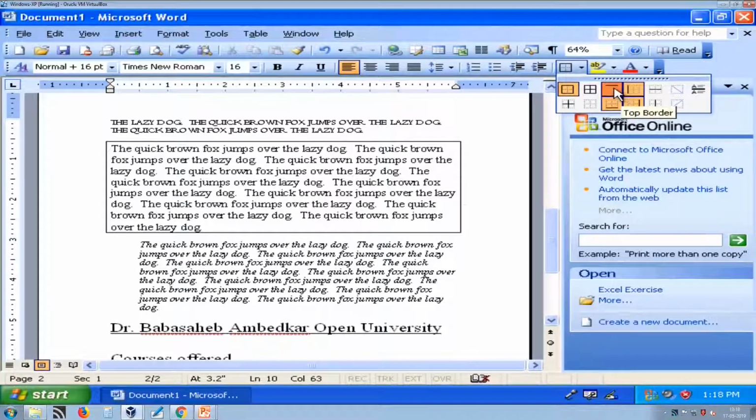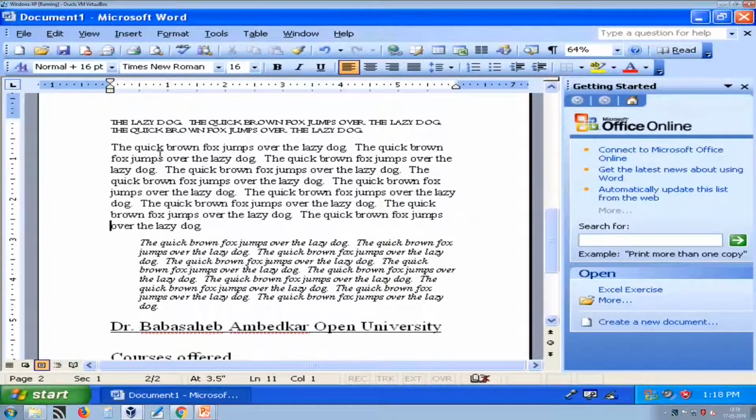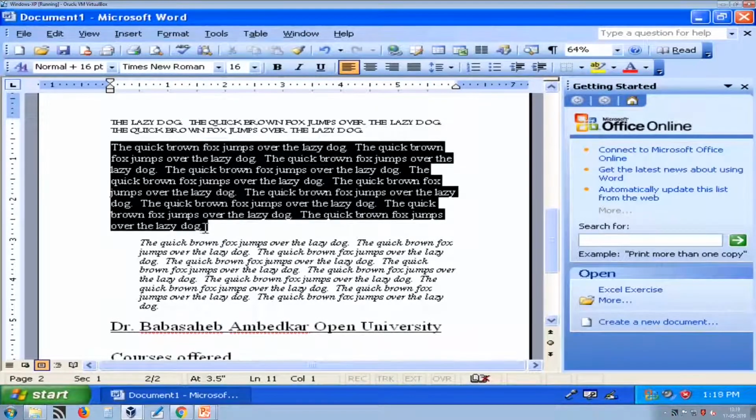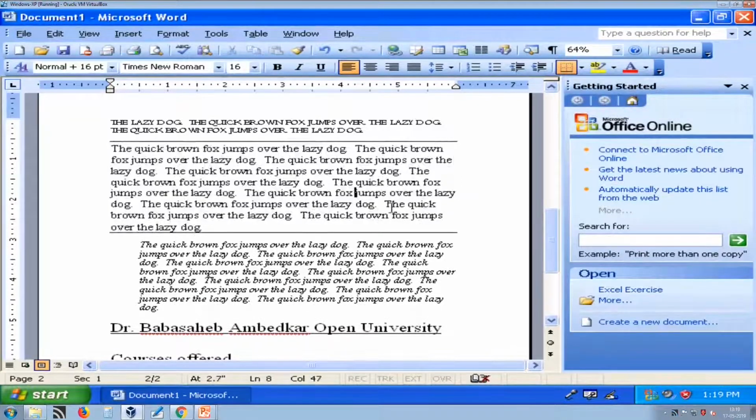Suppose I want only the top border, then I can first remove these and have only the top border. Just select this and it will apply only the top border. Suppose I select bottom, then both, but the side border will not appear. So, this is how you can apply a border.